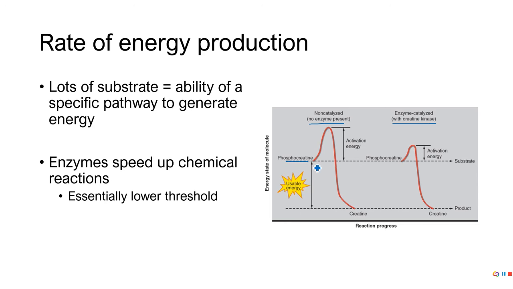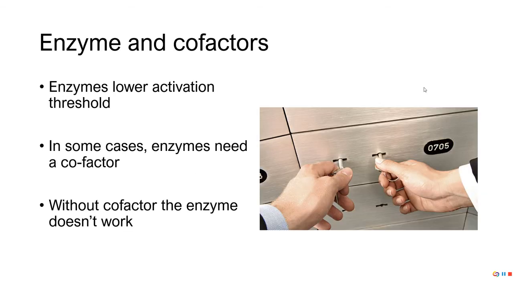So if we don't have an enzyme, it requires a lot of energy. If we have the enzyme, it doesn't require as much. So these enzymes are really important because they allow these reactions to occur more quickly and with less energy put into them. And so enzymes lower that threshold, but enzymes sometimes also need kind of like a second key for